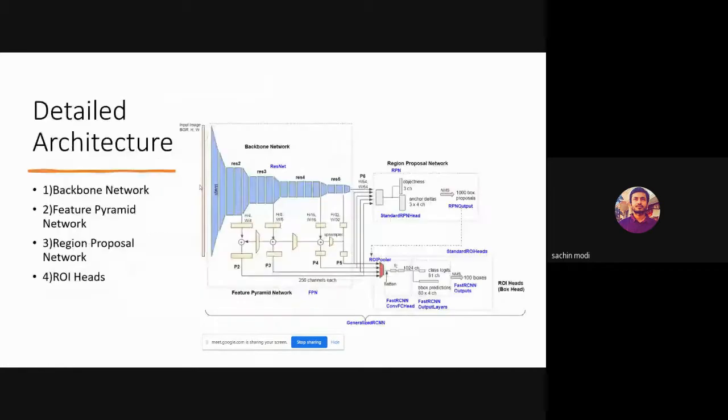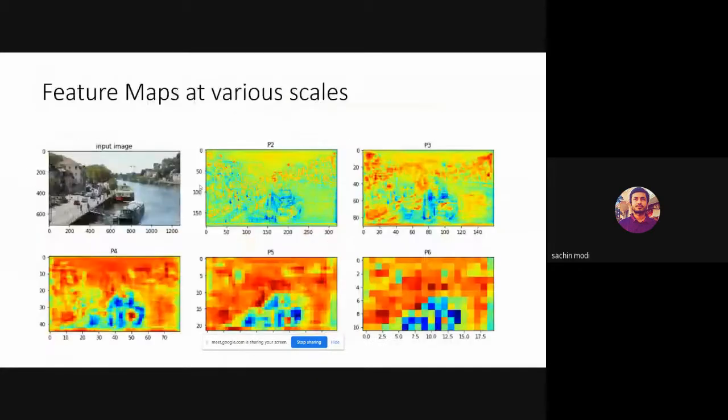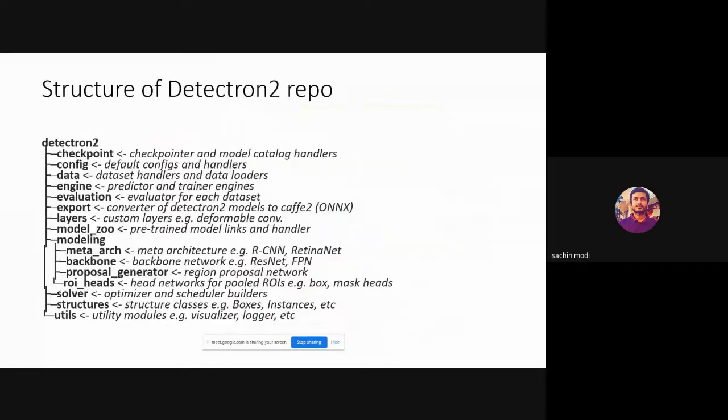So this is the repository structure of Detectron 2, just for reference. This sounds like a classic faster RCNN or mask RCNN, right? Yeah, this is the mask RCNN or faster RCNN. Yeah, exactly. So I am going into detail of that architecture. It is just that Facebook has made it very modular, very easy to train this model, faster RCNN, and tweak it and add your own components.